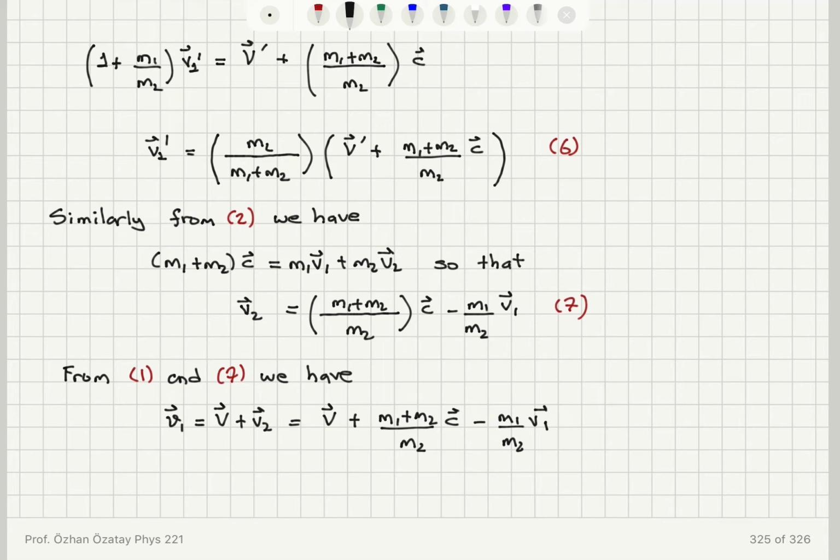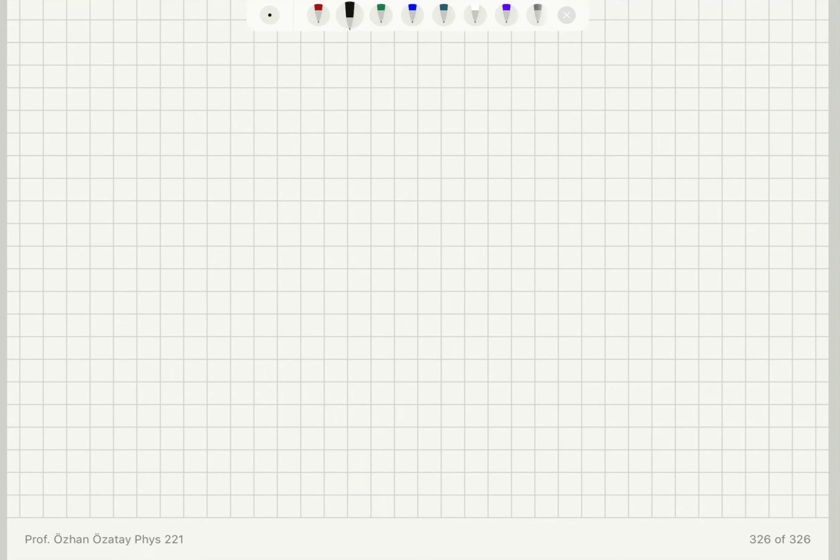So if I collect v1 on the left hand side, I obtain (1 + m1 over m2) times v1 is equal to the relative velocity V plus (m1 + m2) divided by m2 times the center of mass velocity c, which gives me for